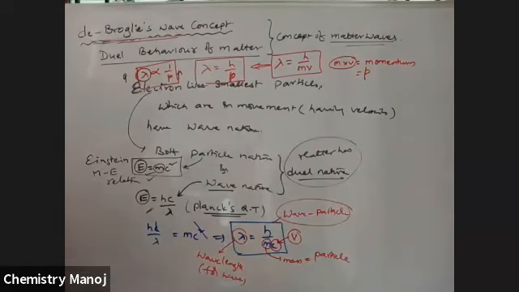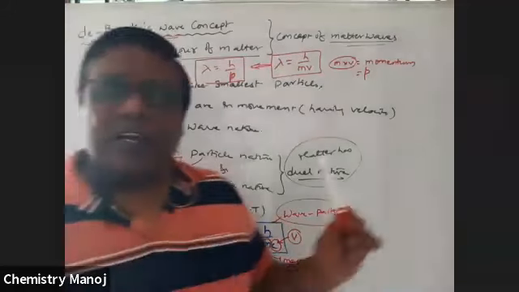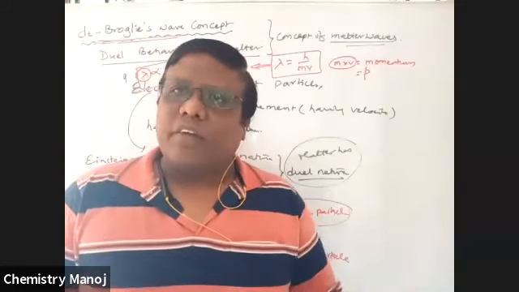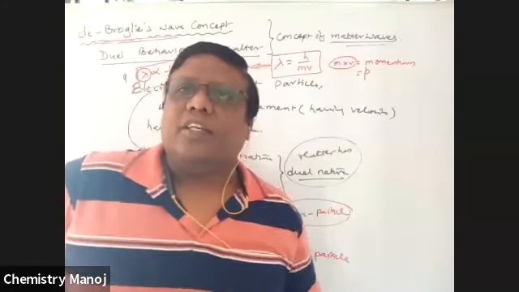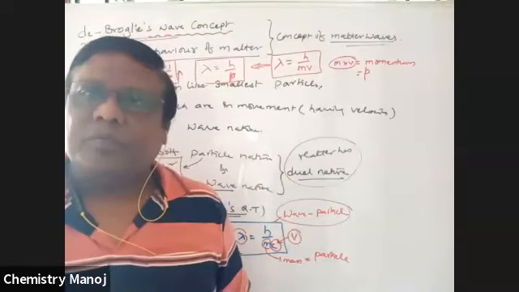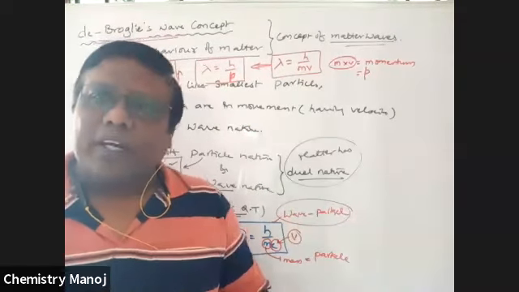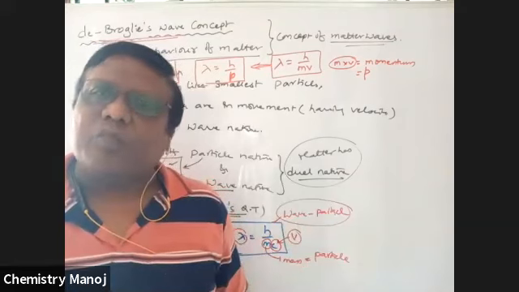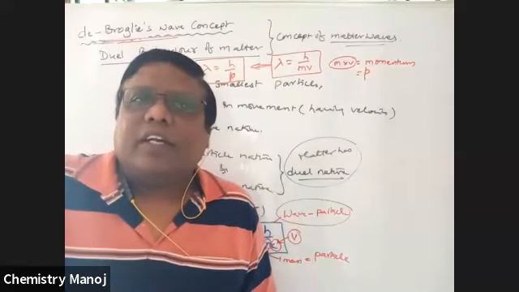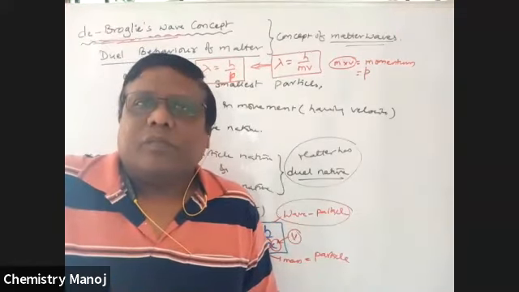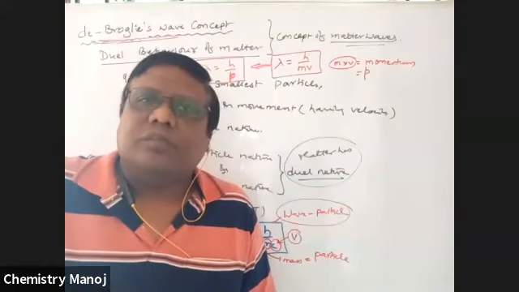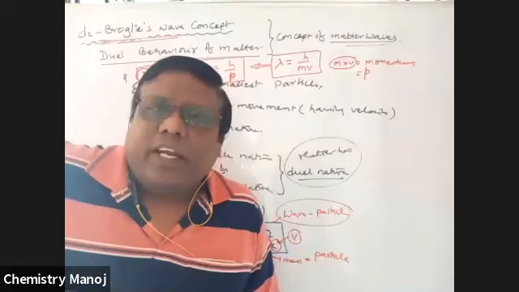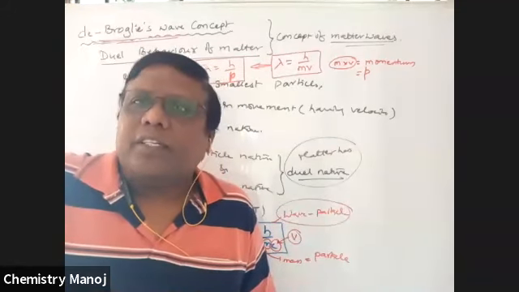By using this equation, I am going to derive some relations. Up to now, clear or not? Finally, does an electron have particle nature or wave nature or both? Both, when it is in motion. What about a cricket ball? Does it have particle nature or wave nature or both? A cricket ball has only particle nature.